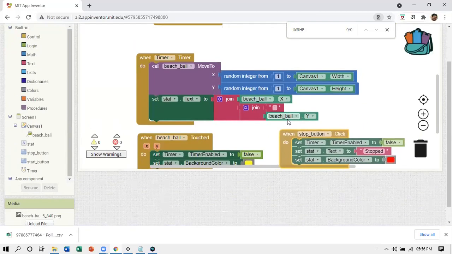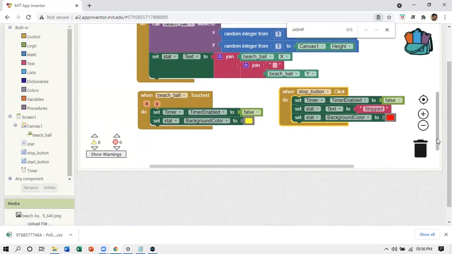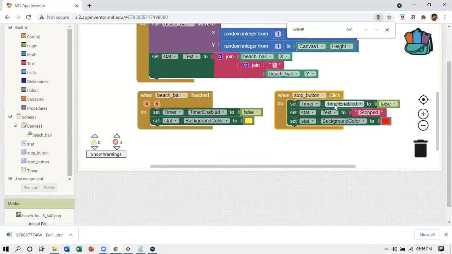Here it is. In stop button, we are doing the garbage removal thing. Stop button click. Timer enabled property set it to false. Timer is stopped. Label has got the text stopped. Background color back to red of the label. So stop is fairly simple. Binding up the things.